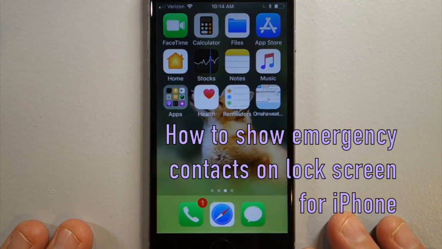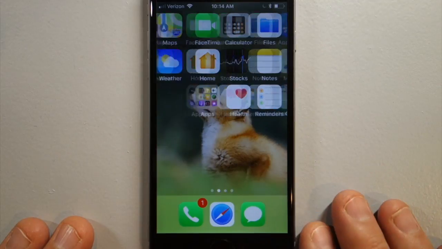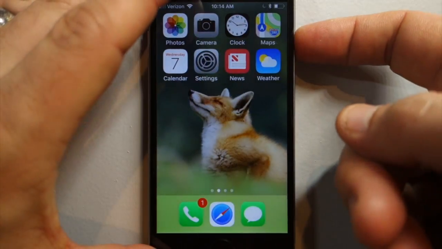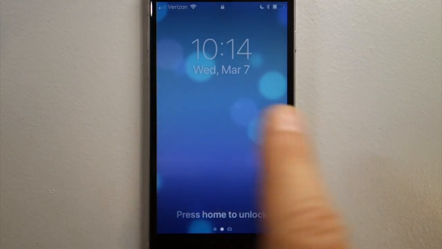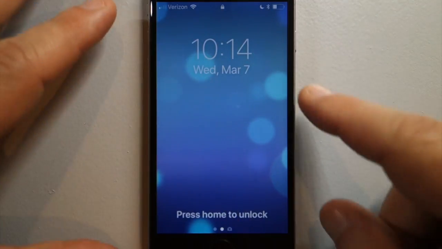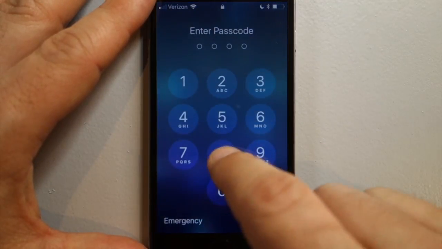Okay, how do you show your emergency contacts on your lock screen? So if you look at your lock screen, you'll see you have a wallpaper here, sometimes notifications. If you want your emergency contacts to be here, I'm going to